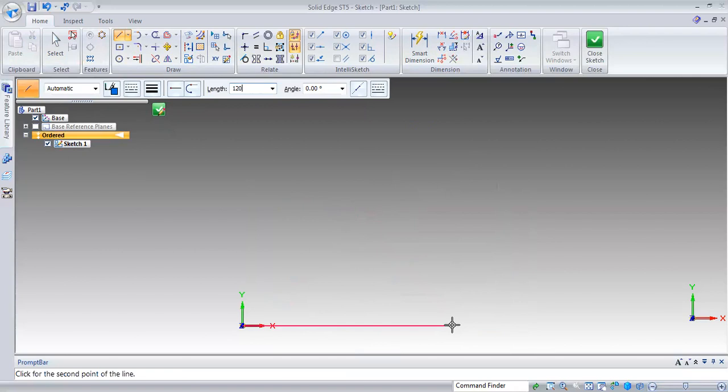So I gave 120, angle is 0 degrees. Then you press enter.